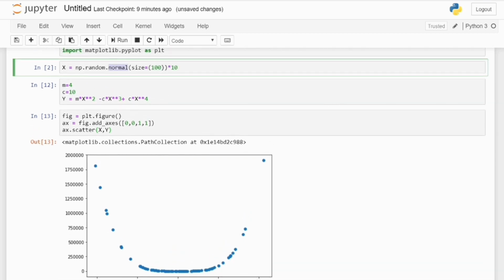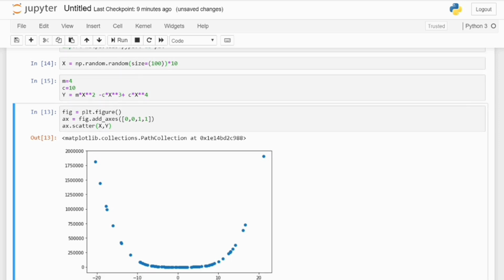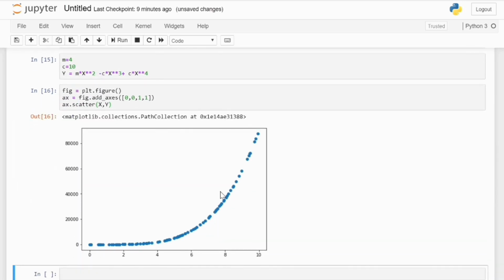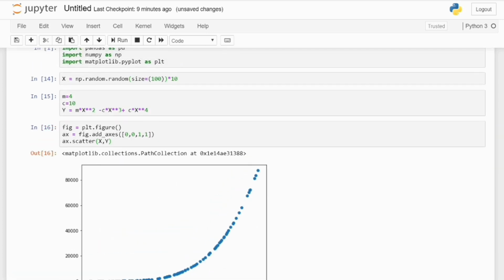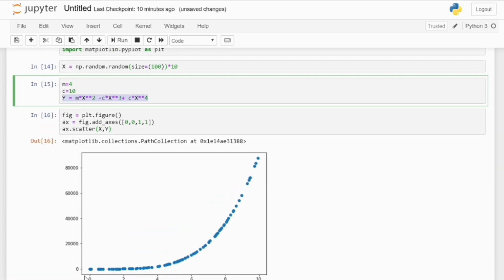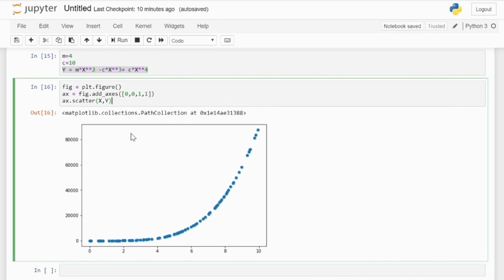If you don't want a normal distribution, so that your points have the same homogeneity throughout the curve, you can convert this normal to a simple random sample. You'll find that now your points are not separated in a normal way. These are just random numbers, and these types of curves you can generate. All these curves are non-linear curves, so you won't be able to fit a linear curve on top of these points. We have to use non-linear curves here, or non-linear regression.